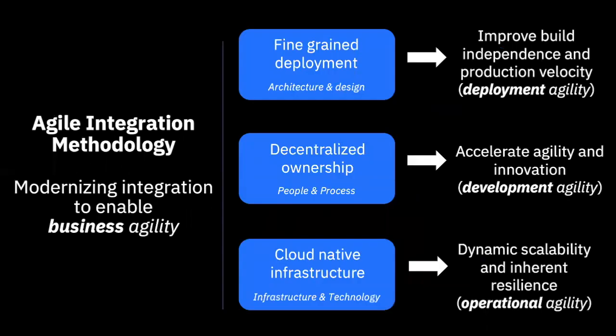So three of the primary tenets here are really around fine-grained deployment, meaning that ability to deploy instances of integration down to a per integration level instead of in the bus model. That allows for that agility, but it also allows for some autonomy on the teams for how quickly they want to adapt and change their integration to the backends. This is really important because reducing those dependencies and reducing the downroad requirements of integration really is one of those keys to being fast.